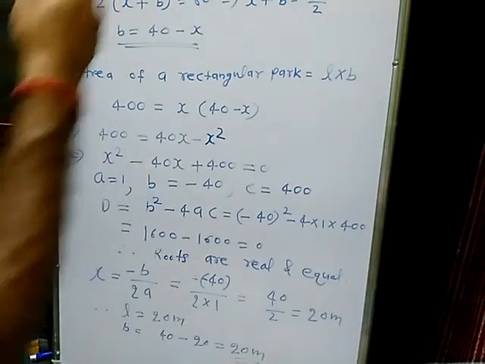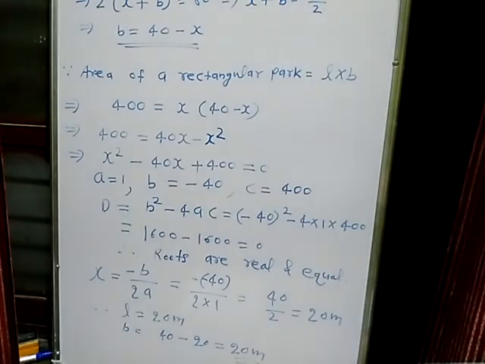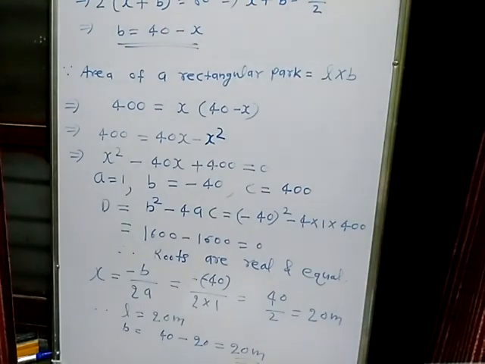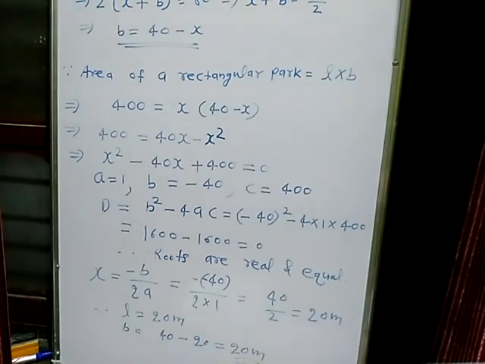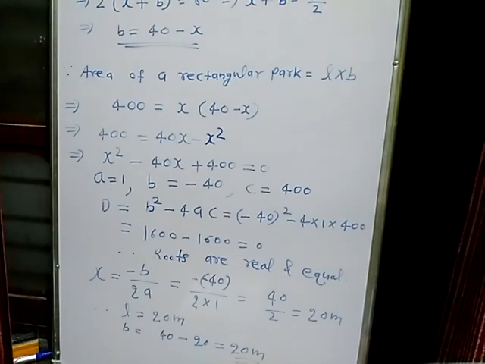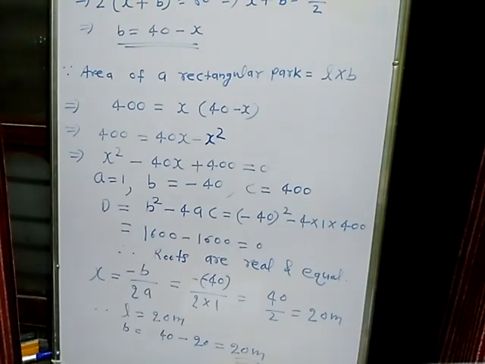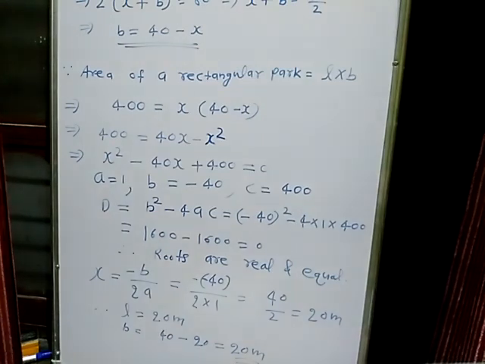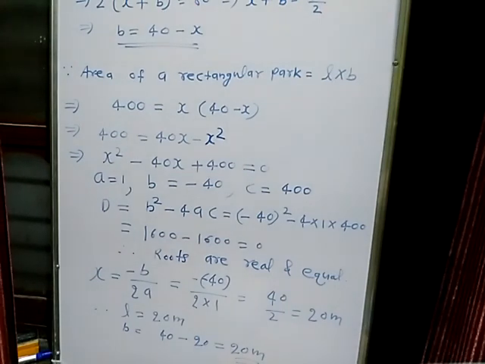On the nature of roots, as we saw in question number 2, there are 2 parts given, but I will give some more questions related to that. Find out the values of k if the roots are real and equal, if the roots are real and unequal, if the roots are non-real. So how can you find out the values of different variables like k and whatever other things? So try this exercise. If you are having any doubt you can ask.